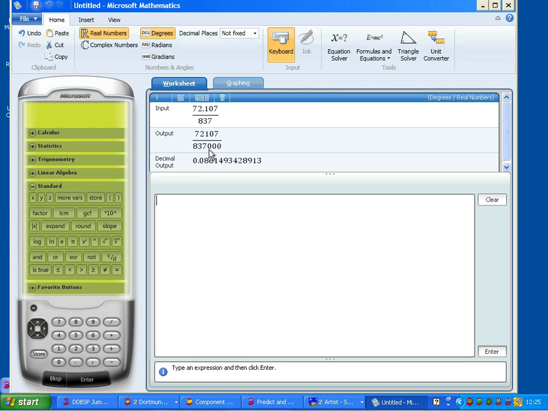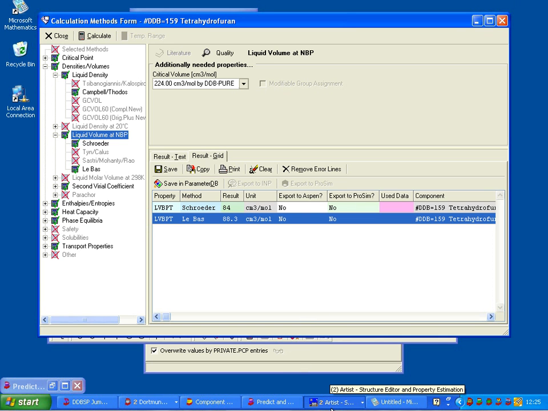now we remember that was gram per mole, and this was kilogram per cubic meter, so we end up with gram per kilogram, so to have kilogram it should be divided by 1000, and we would get 86.14 cubic centimeters per mole. 86.14. And now I look at Artist,